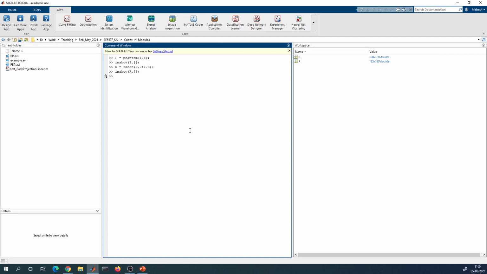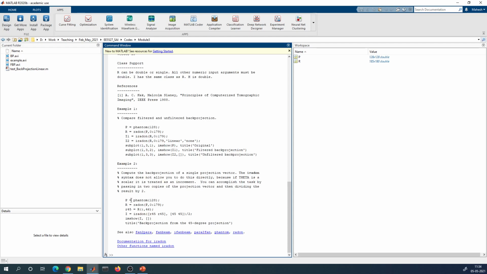Now let's actually reconstruct it back. For that you have this iRadon transform. So let me actually show you two parts. So let's say P reconstruction linear. Okay, so let me put it this way. So this will be iRadon. I forgot the command, so let me actually use this.